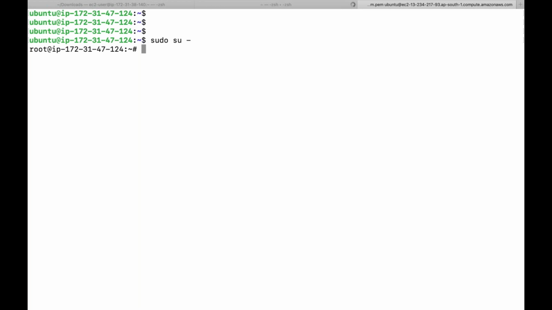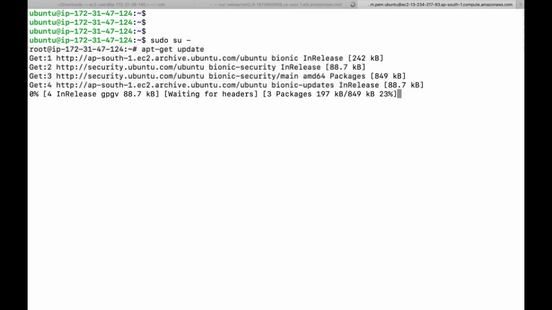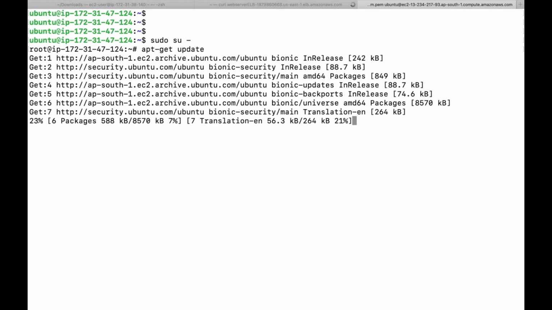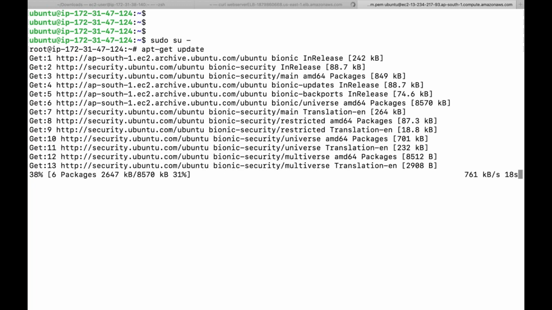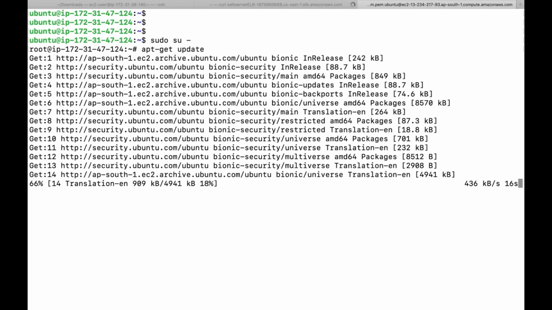Fine. So what we are going to do here is run the command apt-get update, because obviously I'm working with Ubuntu. What does this command do? Let us say this image of the machine was created maybe 6 months ago, and since then a couple of packages have had their versions updated, or maybe there were some security fixes. So right now we are going to update the package dependencies, right? We are going to update the particular packages which are available, and we are just downloading information from these URLs.